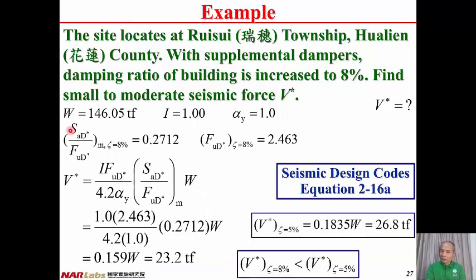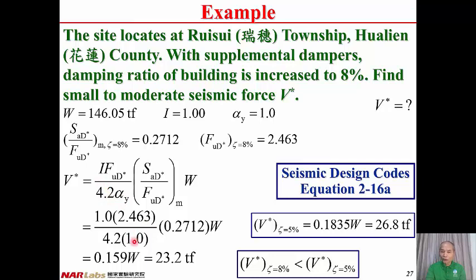So far, we have the multiplication of the ratio equal to 0.2712. We have the total weight of the structure, the importance factor of the structure, and the first yielding amplification factor of the structure. Then, according to the seismic design code, equation 2-16a, we can have V star, the small to moderate seismic force V star, equal to I equal to 1.0, times FUD star equal to 2.463, divided by 4.2 alpha Y